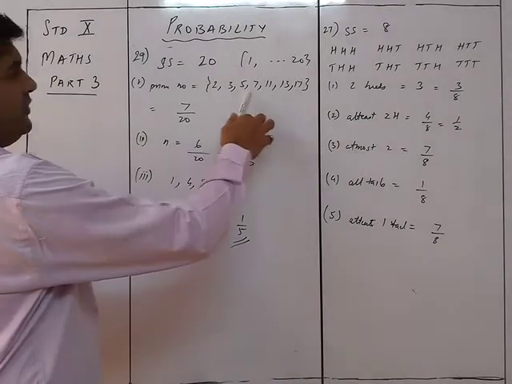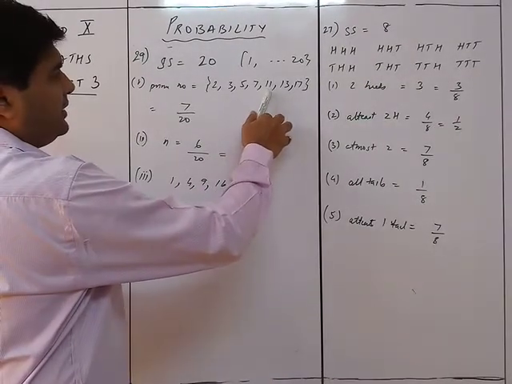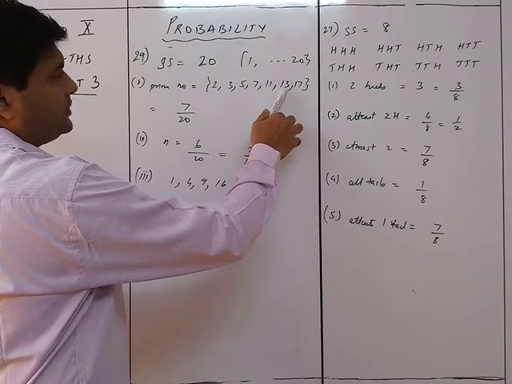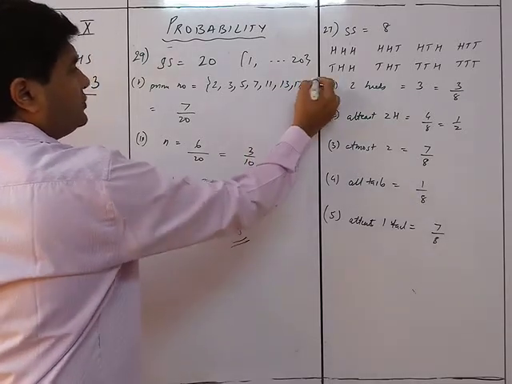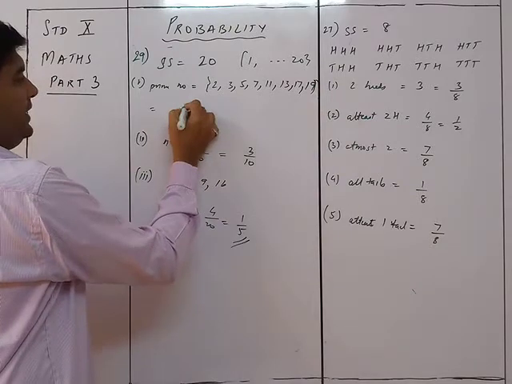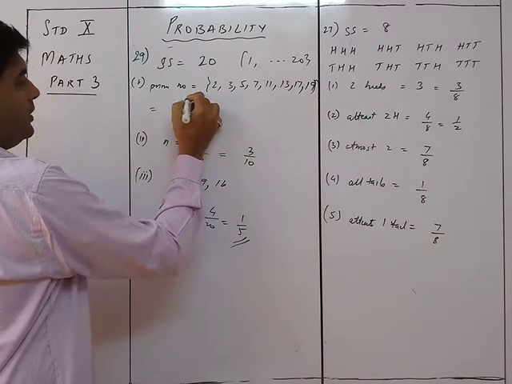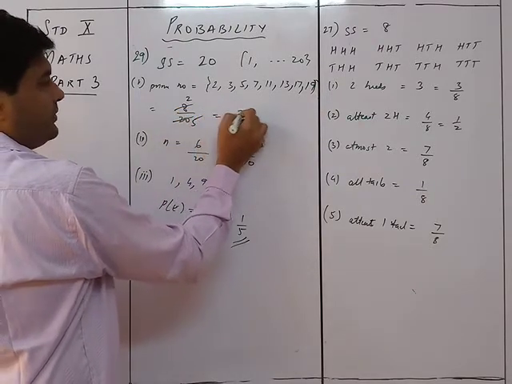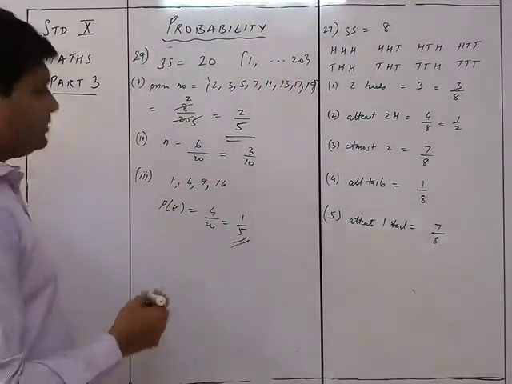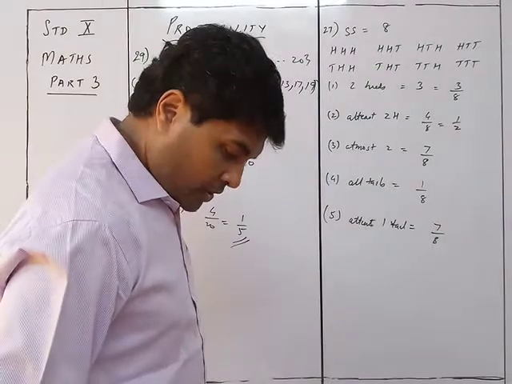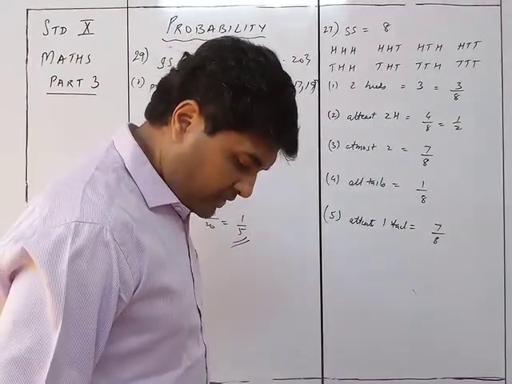Okay, so 2, 3, 5, 7, 9 नहीं आएगा, 10, 11, 12, 13, 14, 16, 17. Oh, 19 is left. Oh, sorry. So that is 19 also. Yeah, so that will be 8, and that's why it will be 2 upon 5. They have not taken 1, but I forgot 19. So I was wrong in this manner. So just check it out. Okay, we move on to sum number 31.